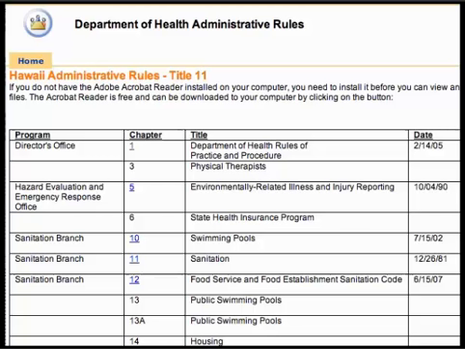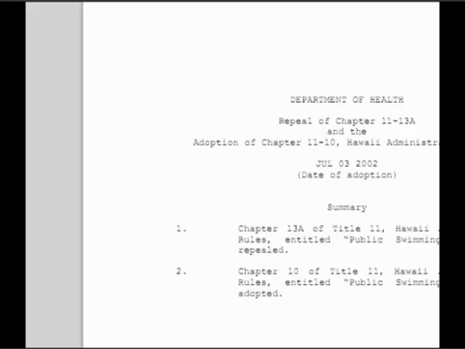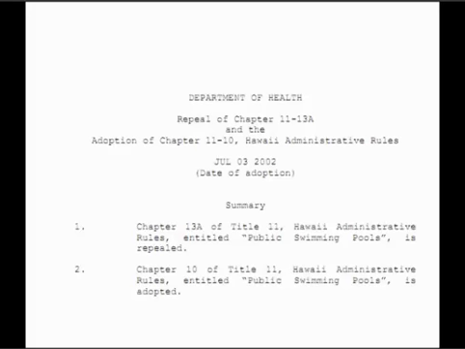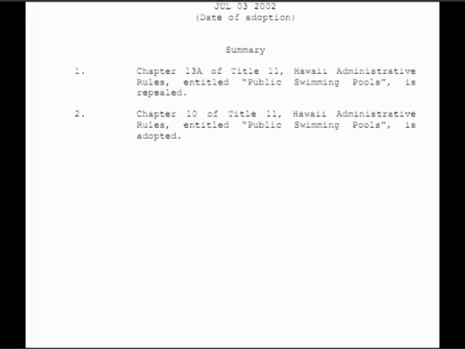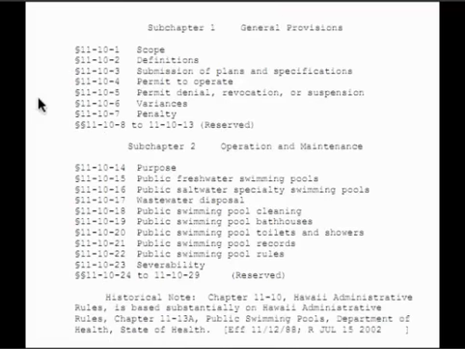Here, let's take a look at the saltwater swimming pool rules of the State Department of Health. So all we have to do to get to the rule itself is to click on this link here, the one that says Chapter 10. Click on this, and again we're going to see a scanned-in PDF file. We're going to take a look for swimming pool rules. So we're going to scroll down. Again, you see the three-part numbering system here.